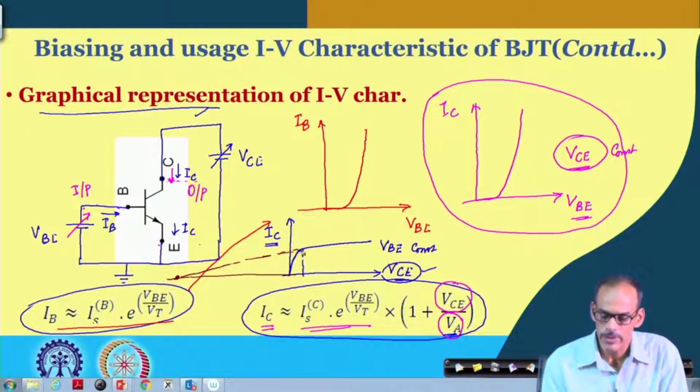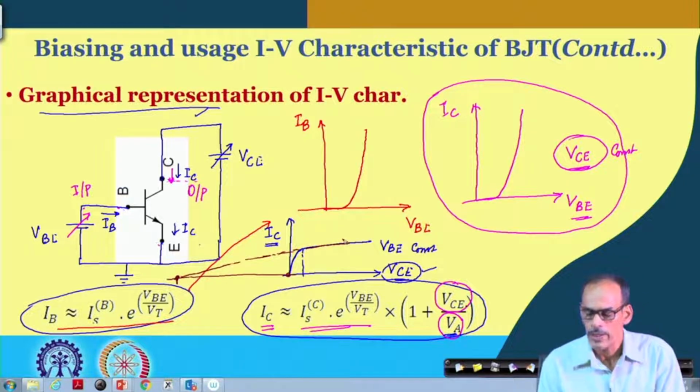That represents that at VCE equals minus VA, this part becomes 0, and hence the corresponding extended current is becoming 0. So, that is the significance. In other words, the higher the value of this point, if this point is far away from the origin, the slope of this line is less. Now, if you see